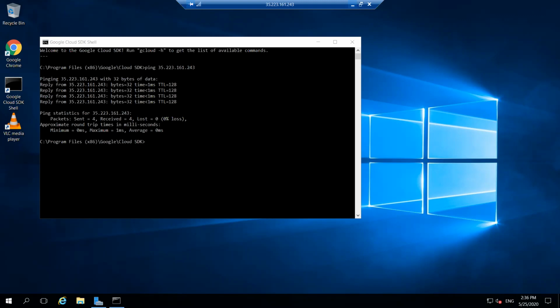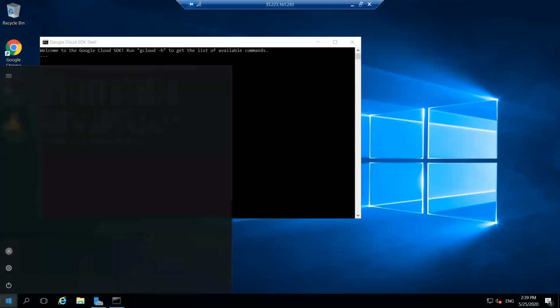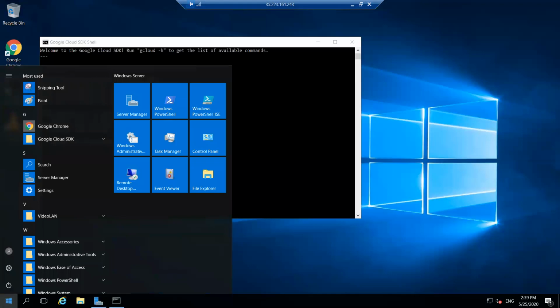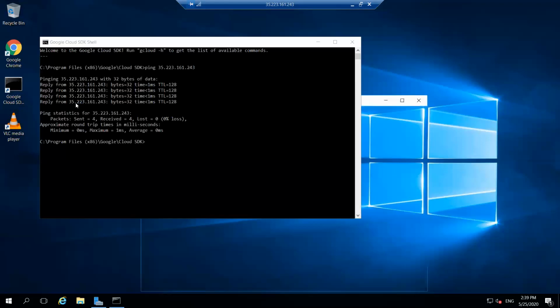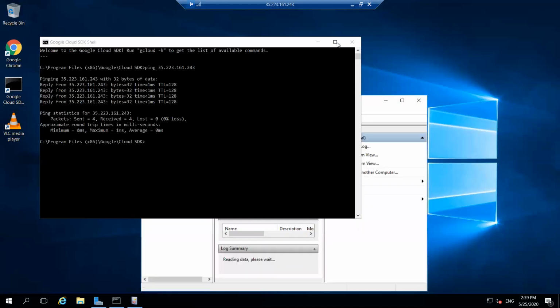So first of all, go to the Start menu, searching for the Event Viewer. Okay, this is the Start menu, and now we have to type Event Viewer. Okay, there it is. So run as administrator. As I have already said, this is a virtual machine, that's why you have to run the software as an administrator, to give all the control of your virtual machine for a certain time.